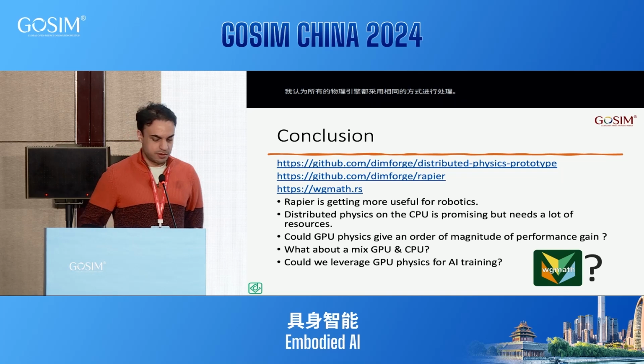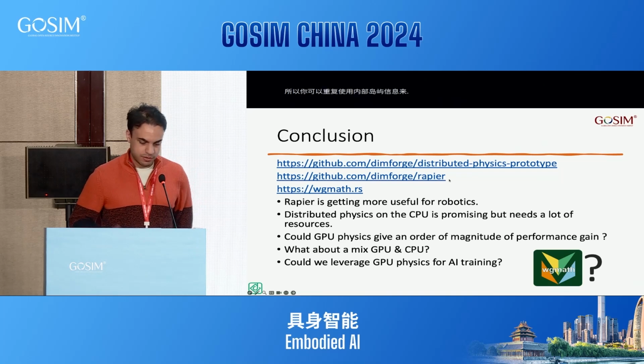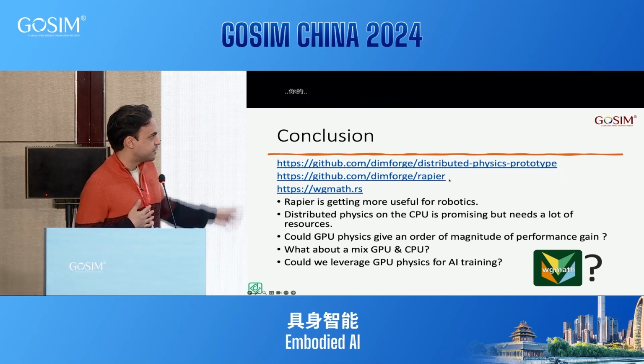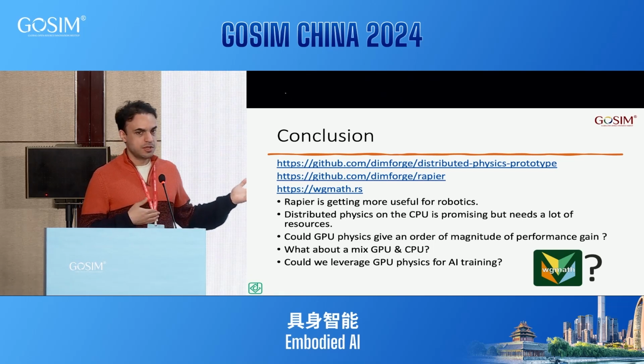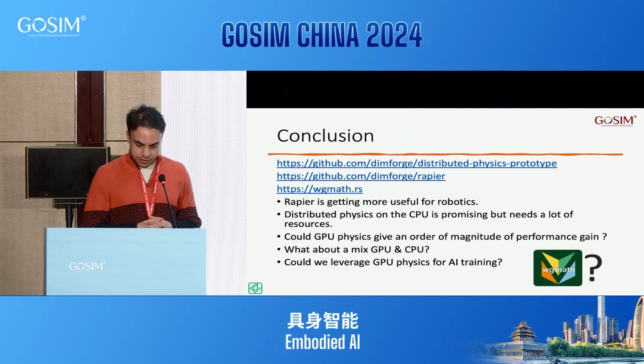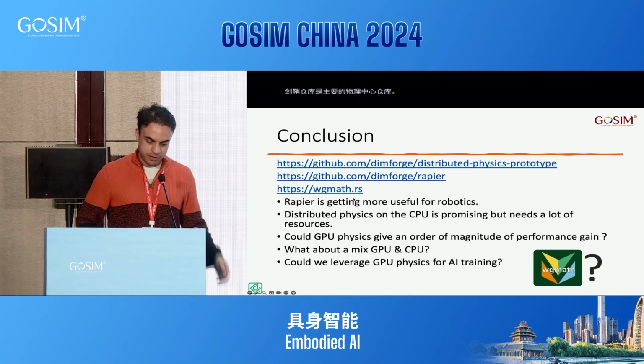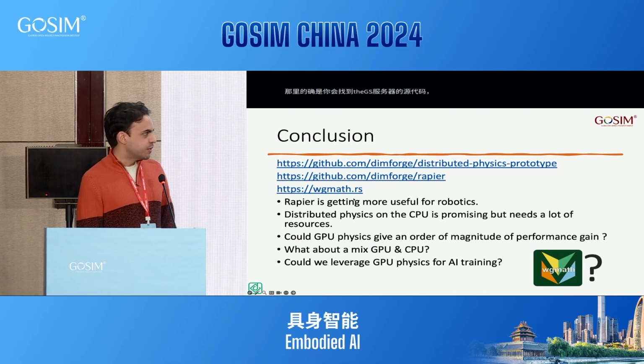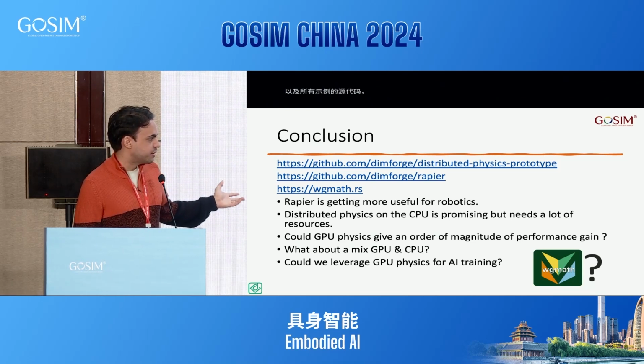The Rapier repository is the main physics engine repository. That's where you will find the source code for the TGS solver, and also where you will find the source code for all the examples, including the one I've shown. And then a special mention for a new project I've been working on for the past few months, and I made a presentation yesterday on that, but